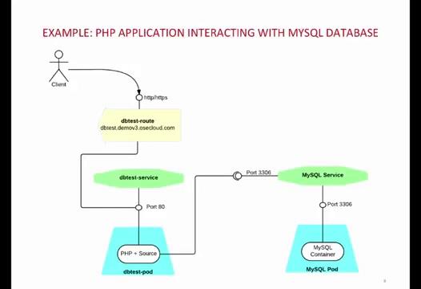In the last video, we have seen the architecture of OpenShift version 3. Now we'll look at an example of an application that runs on OpenShift version 3. Here we are looking at an application that uses a database. So what you're seeing here on the right side is a MySQL database running in